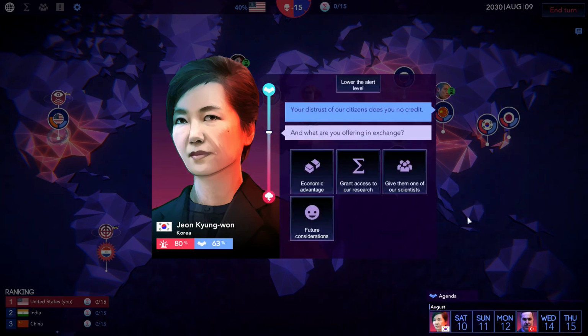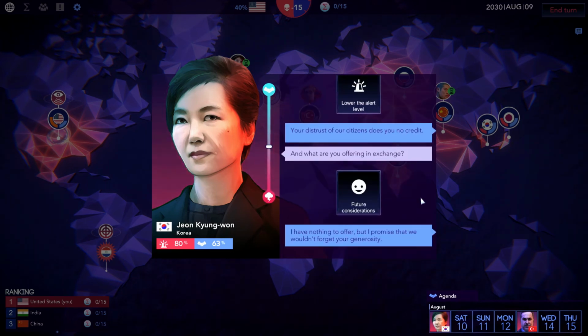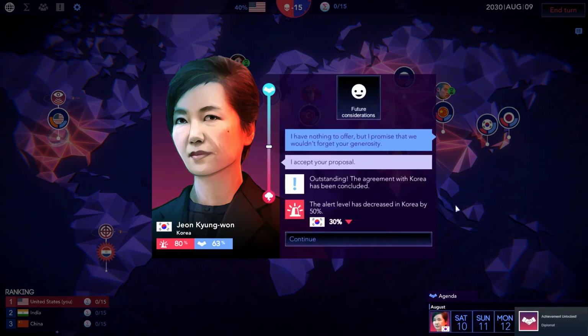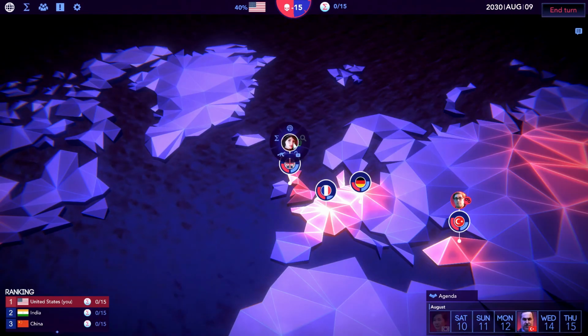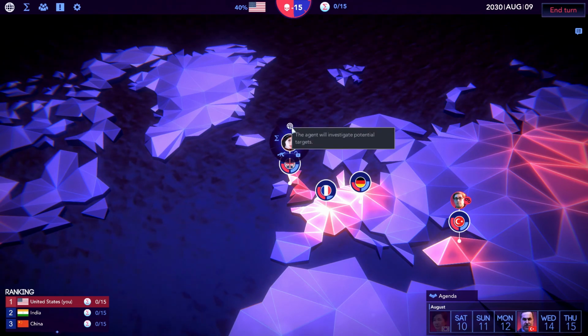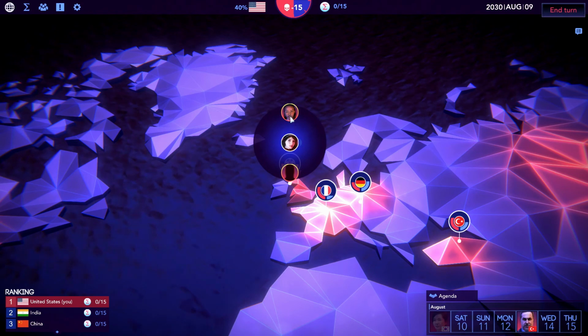What am I offering in exchange? Future considerations. And our alert level is down 30% to 50. Thank you so much. So here in the UK, I could investigate potential targets, and I have to choose between